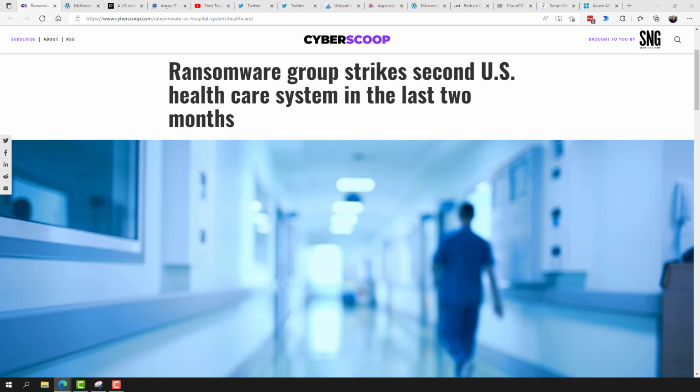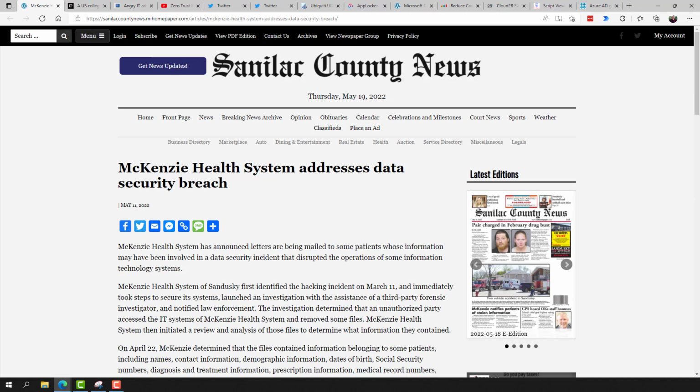The company did not identify the attacker, but Avos Locker posted purported data related to the attack on a dark web leak site in April. The company's IT staff learned of unauthorized access in one of its regions, which the company refers to as sometime in early May. On further investigation, I found that the Sanilac County News states the hacking incident occurred on March